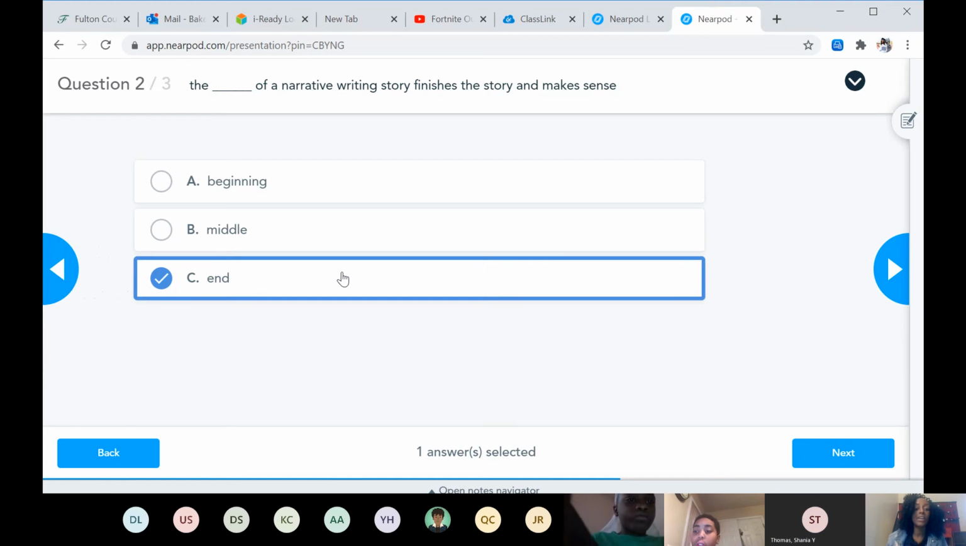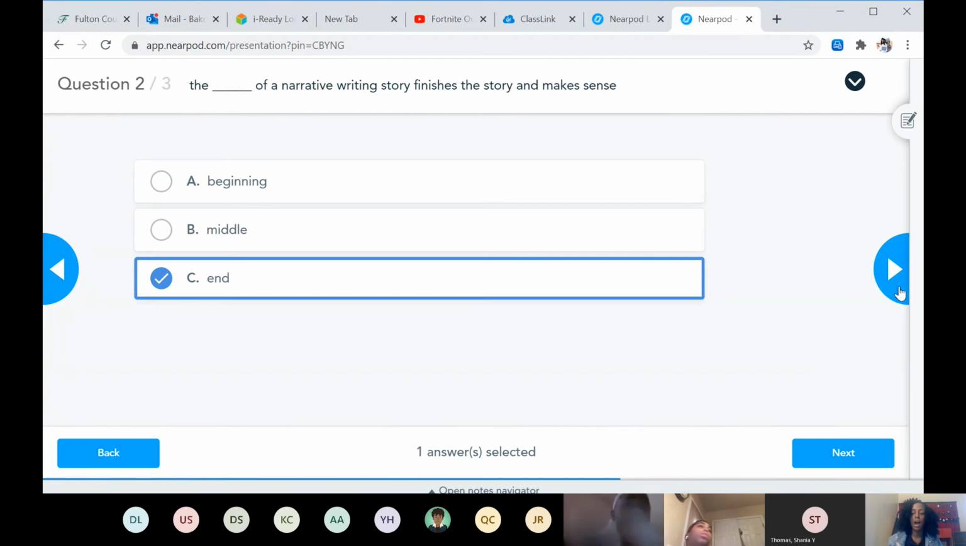The end of a narrative story finishes and makes sense. So think about if you were watching a movie and it had no ending. You would be like, the movie just cut off in the middle. You'll be like, what happened to the rest of it? That's the same thing for if you were writing a story. You want to make sure when you're writing that you have an ending that makes sense and that you finish